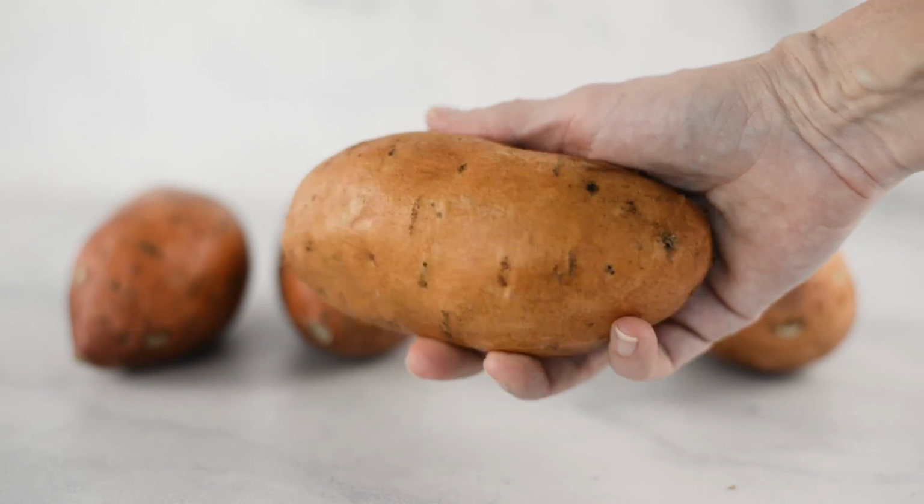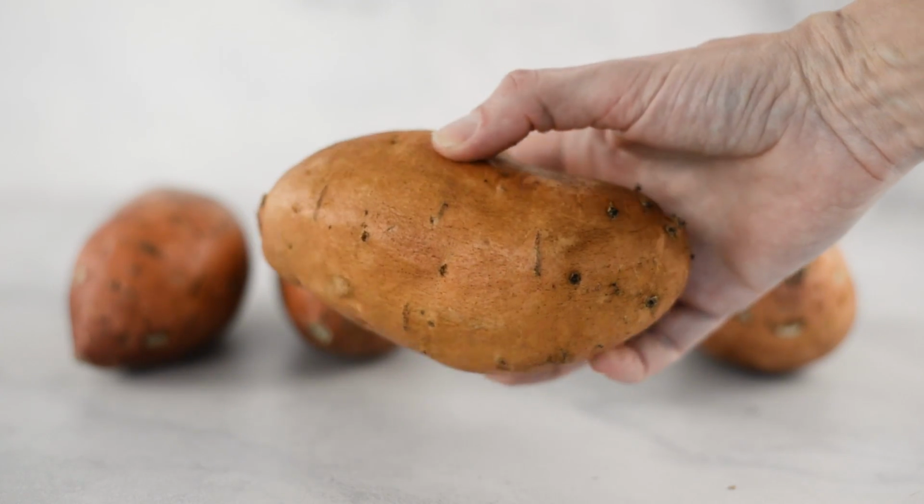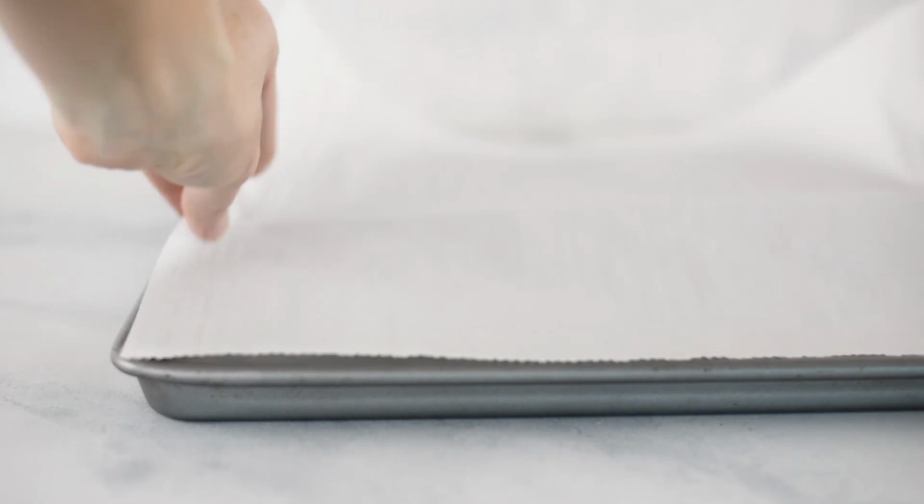Also, try to find sweet potatoes that have a firm, smooth skin that's even toned, and the darker it is, the more antioxidant beta carotene it's going to have, so the healthier it's going to be for you and the more nutritious. So go ahead and start preheating your oven to 425 degrees Fahrenheit and line a rimmed baking sheet